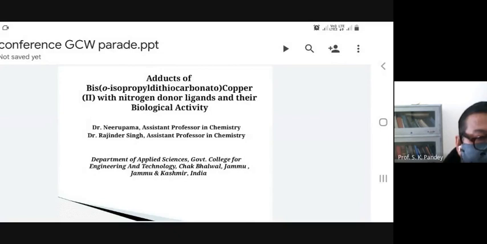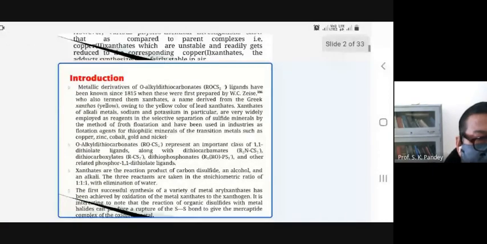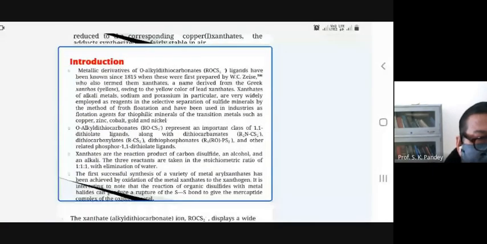Today, I will present my paper on the topic adducts of bis O-isopropyl dithiocarbonato copper(II) with nitrogen donor ligands and their biological activity. I am giving a brief introduction about the xanthates, which are also called O-alkyl dithiocarbonates. They have been known since 1815, and they were first prepared by chemists